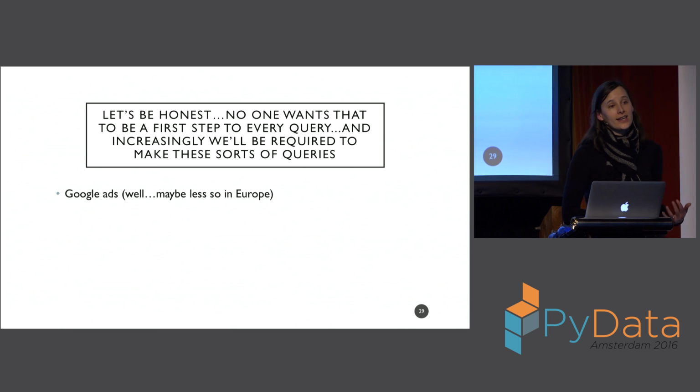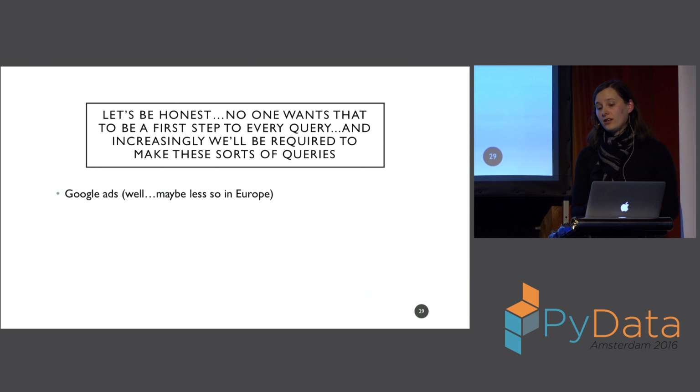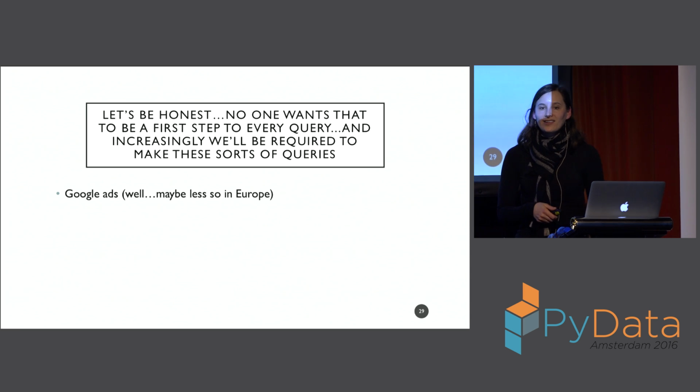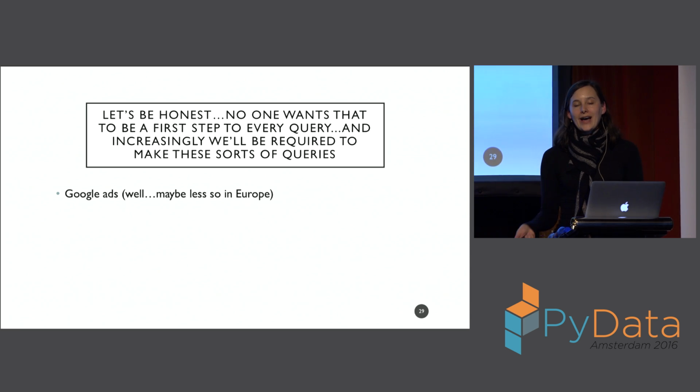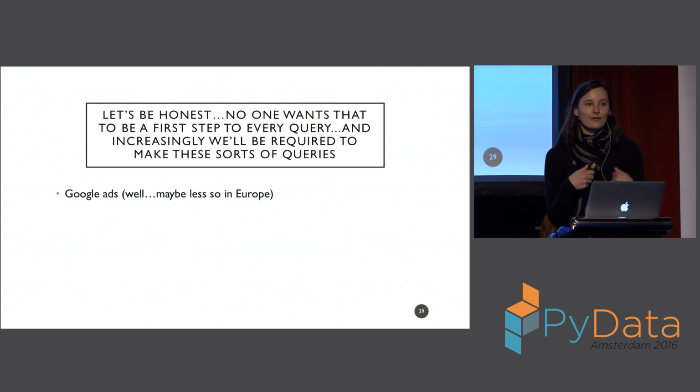Increasingly, we're going to be making these sorts of queries not about who had the highest test score or who had the lowest test score, but rather about how things happened, right? It wasn't that wasn't important in the past, but we have more and more data where we know how things happen, right? Google Ads. I feel a little less surveilled in Europe than I do back home in the States, but I think nonetheless that Google is following me around. They definitely know I'm in Amsterdam.